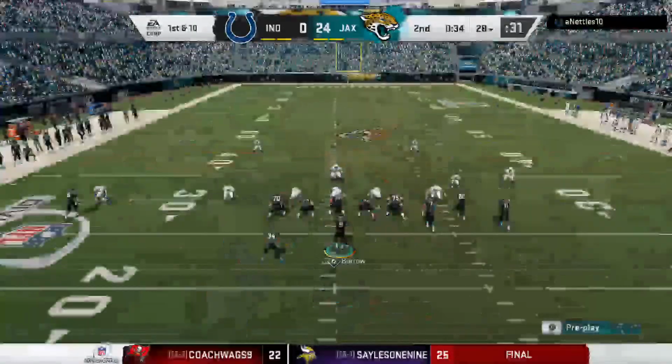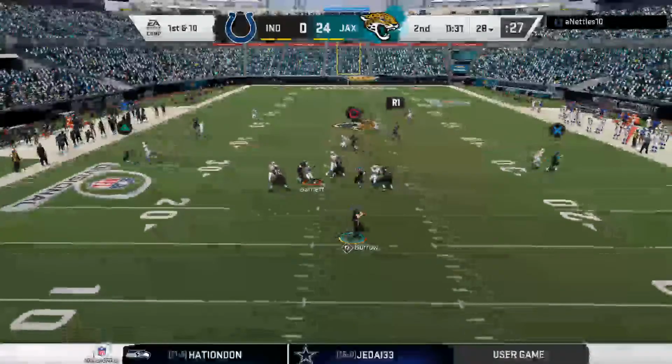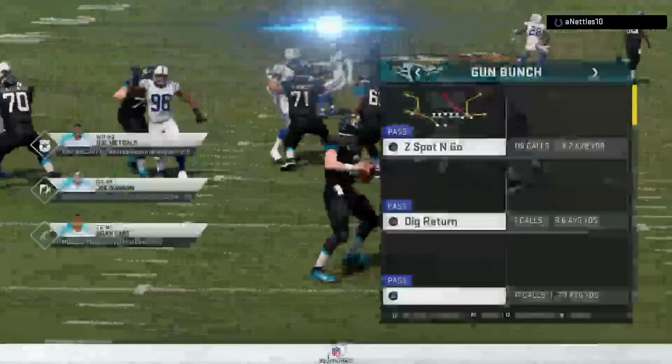The Jacksonville offense set to begin their next drive. You've got under a minute to go here until halftime. You got the good-sized lead. No need to do anything crazy. No, there really is no need to do anything crazy. The smart play, go ahead and take your lead into the locker room and then try and add to it